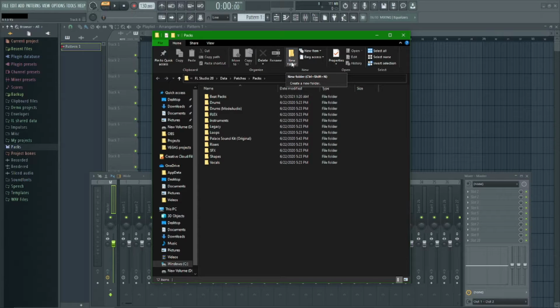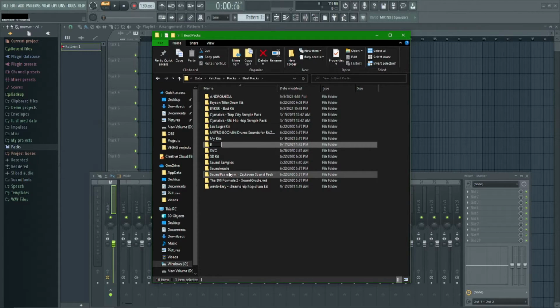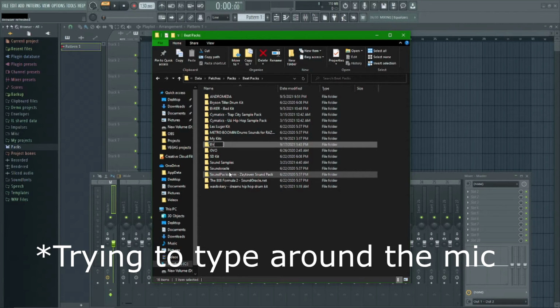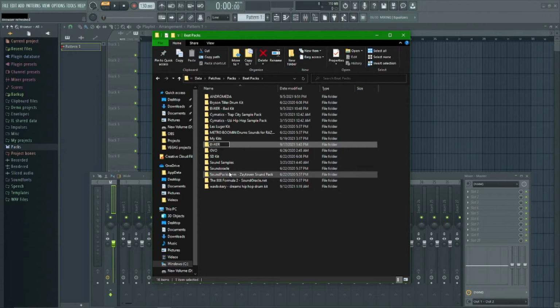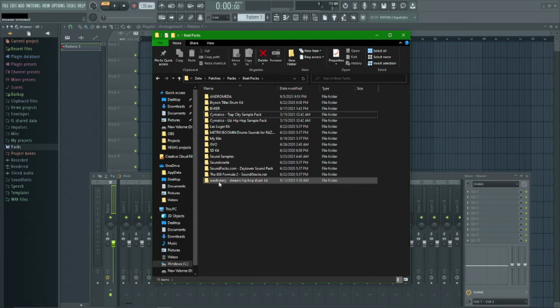However, to keep things organized, I would suggest making a folder, naming it whatever, but knowing that's where your packs are. And for the sake of this video, we're going to organize, and we're just going to call this Baker, right? And now from here we can put the Baker bag kit in there. We can put this wave bakery in there,